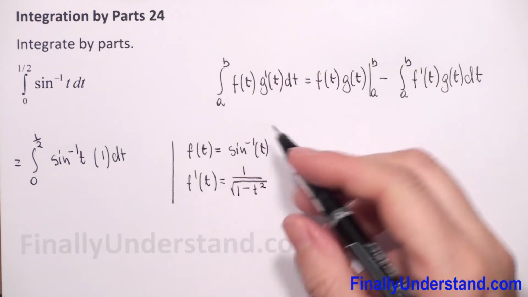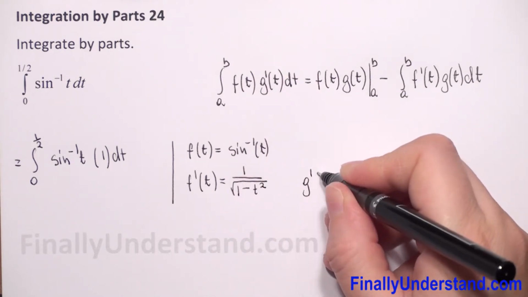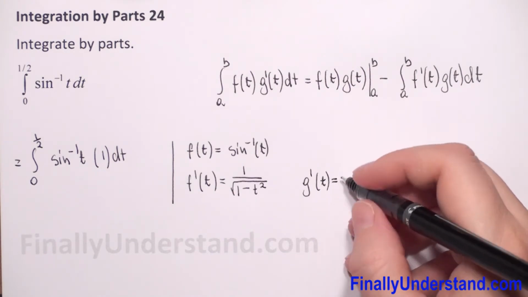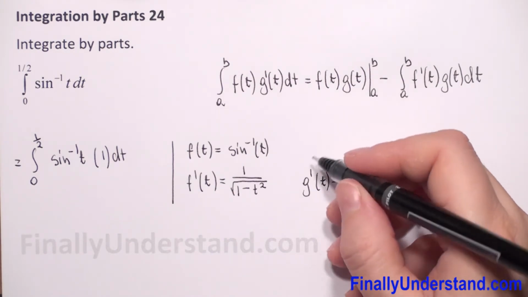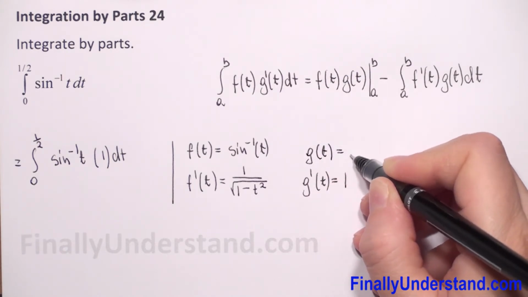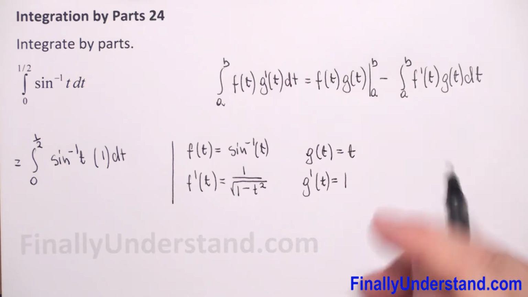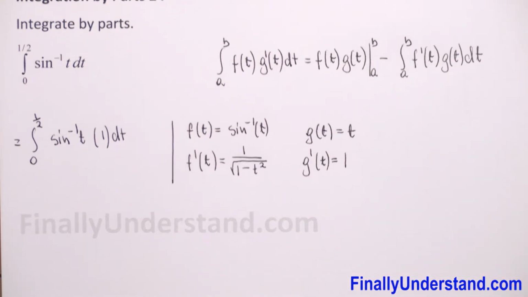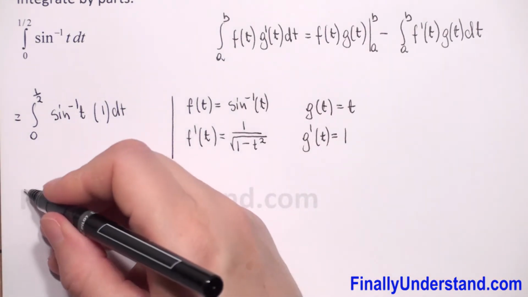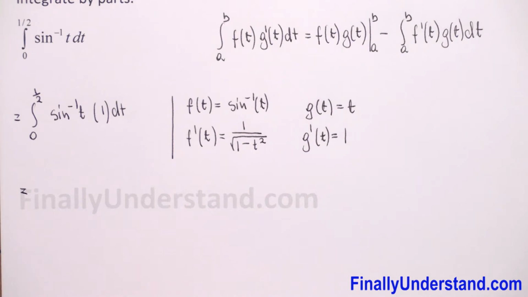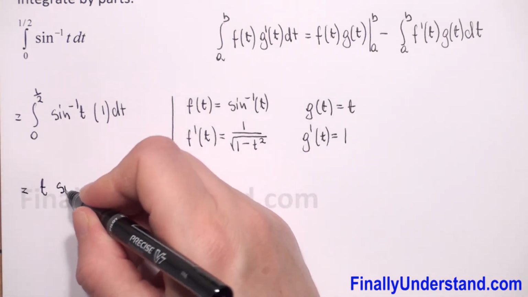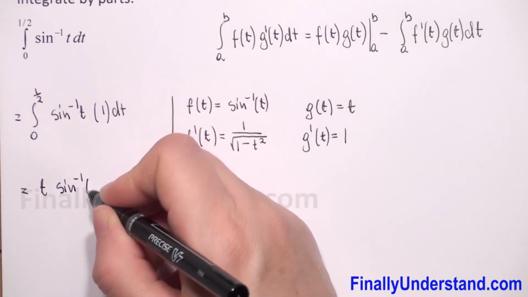And whatever is left is our g prime of t, which is equal to 1. So our antiderivative g of t is equal to t. Now we just have to plug this into our formula. So we have f times g, so we have t times inverse sine of t,